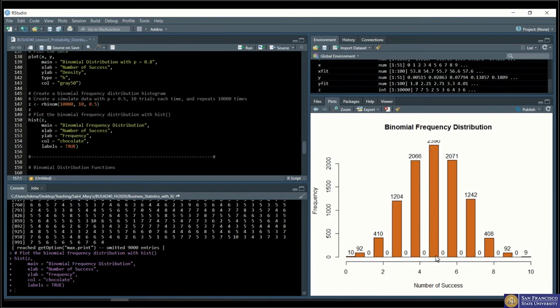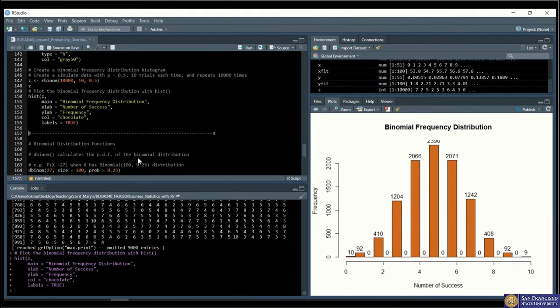Most of the time we will succeed at this point right here, which is 5 times that we play the trials. We do 10 trials. Most of the time we get 5 successes. We get some at 4 and some at 6: 6 successes and 4 successes in 10 trials. Very rarely you will see doing 10 trials you get 10 successes, or 10 trials with 0 successes. So again, showing you the graph helps you to visualize and understand the distribution shapes